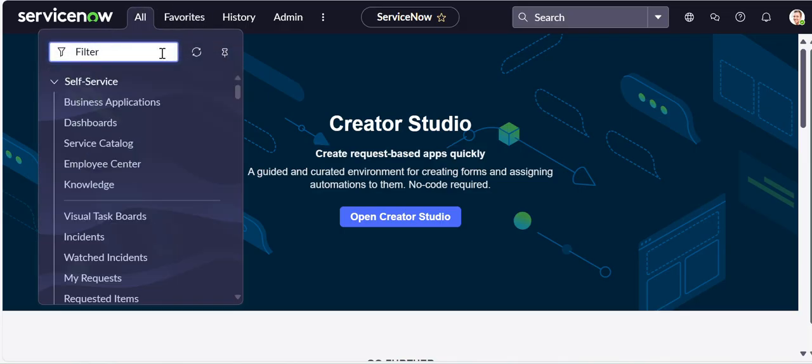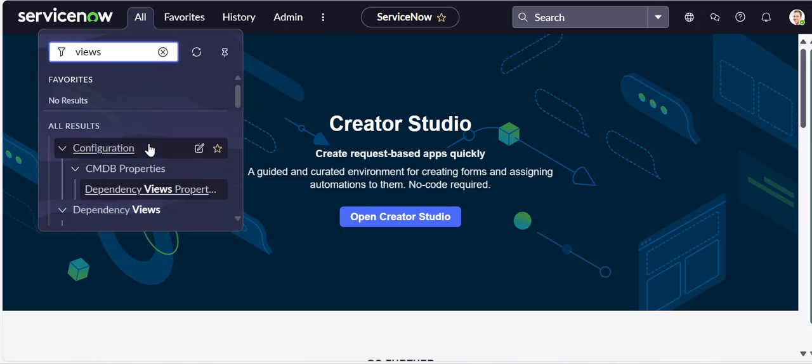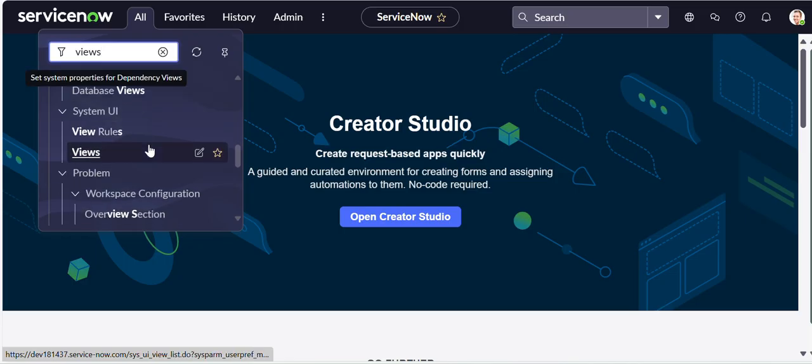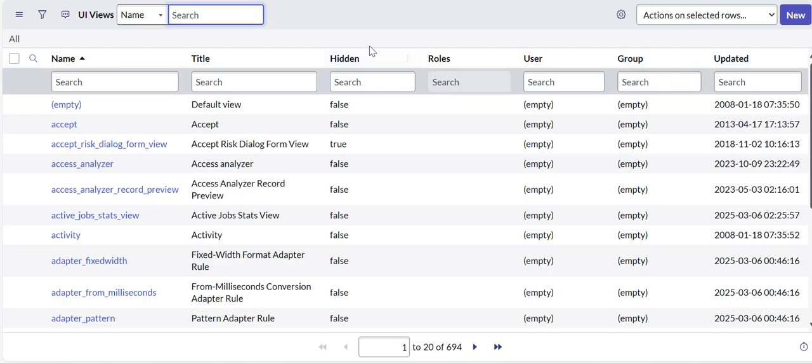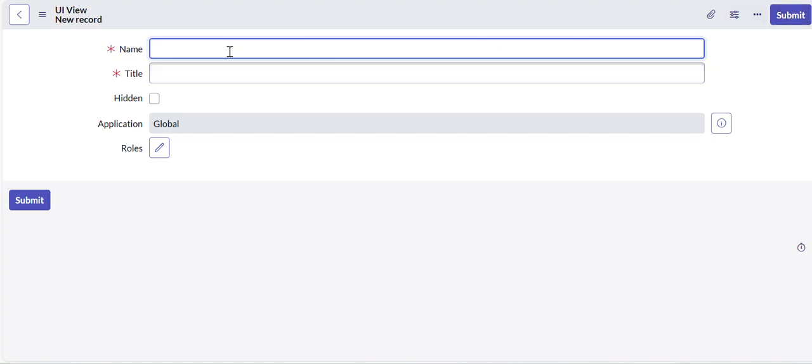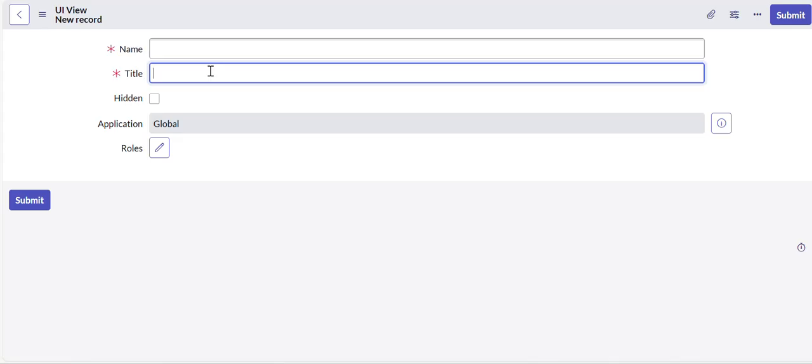So the second way is just go to navigator and write views here. Okay, and scroll down, there is views module. So under system UI there is views module. Just open it here. So from this list also you can create views. So you just click on the new button and you just give some name. So this name is the backend name and this title is the title which is visible on the form to